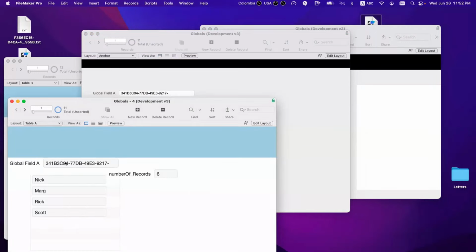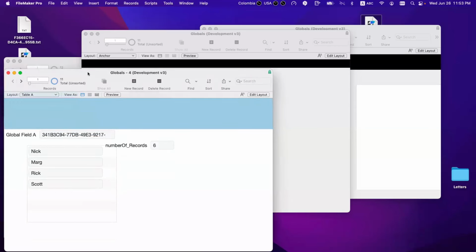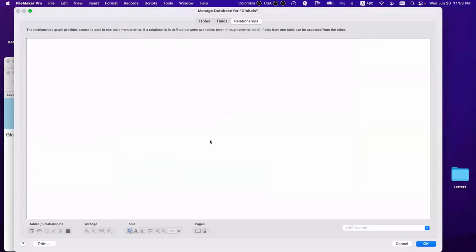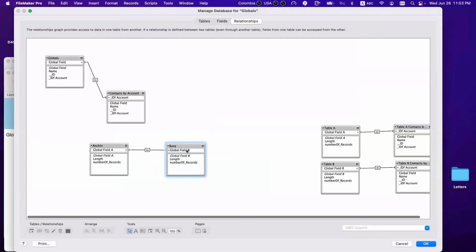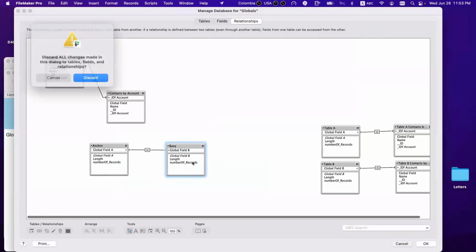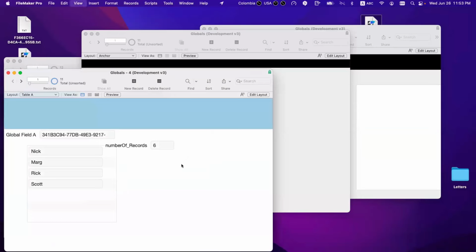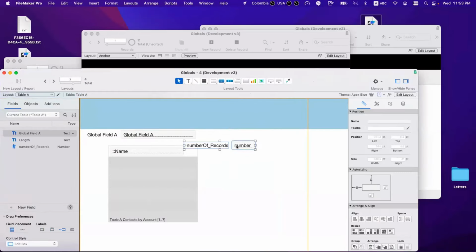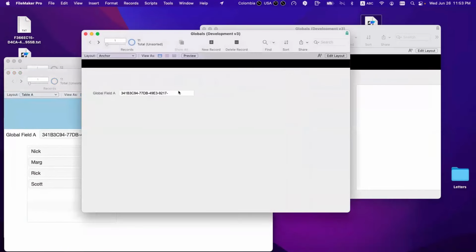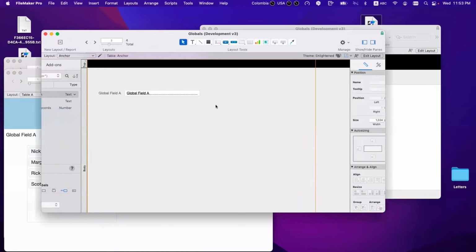Yeah. So, but the problem is, we cannot have a relationship that goes to a global field here, because this is not indexed, right? So it won't work. I have no idea how I can show this, how I can show a relationship that does this, because it gives the appearance that it works, but I think it will get you only the first record,